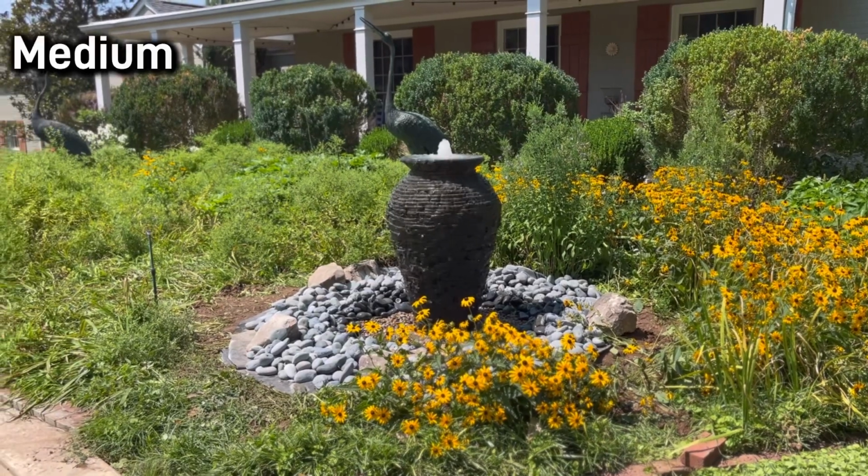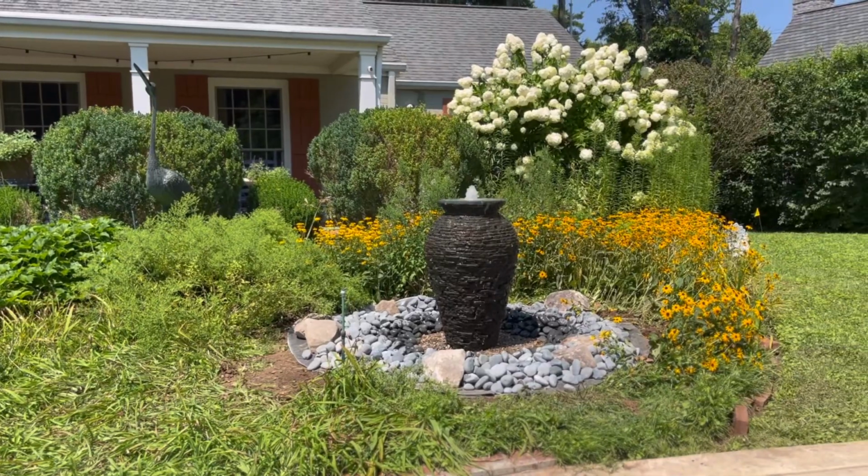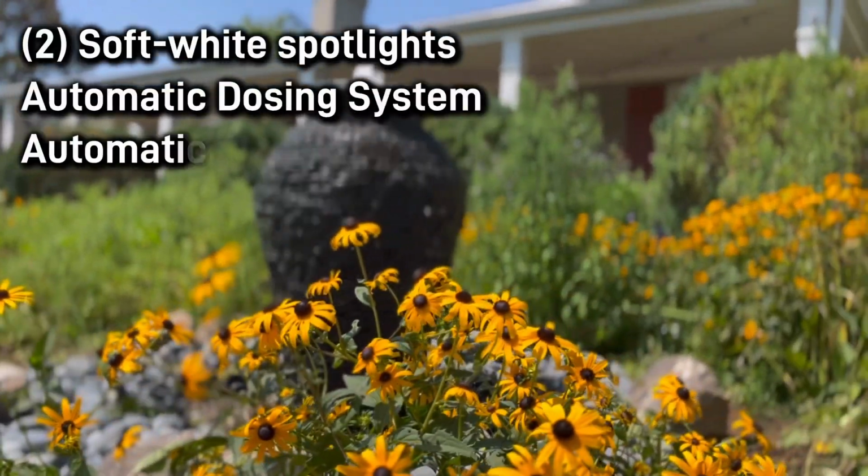So there you have it, a medium stacked slate urn. This one's a crowd favorite. This one's also equipped with 2 uplights, an automatic dosing system, and an automatic water fill valve to make it